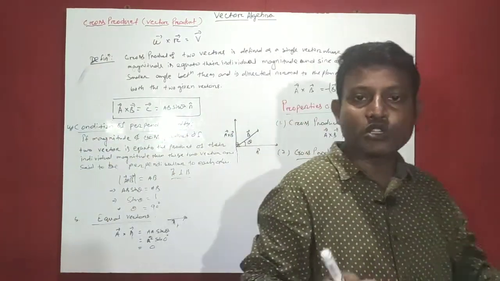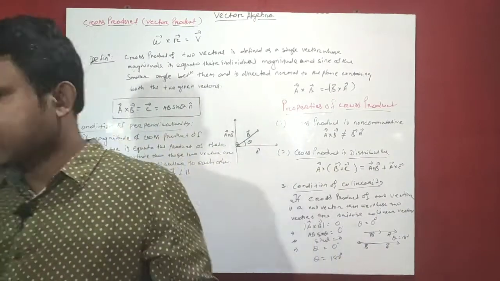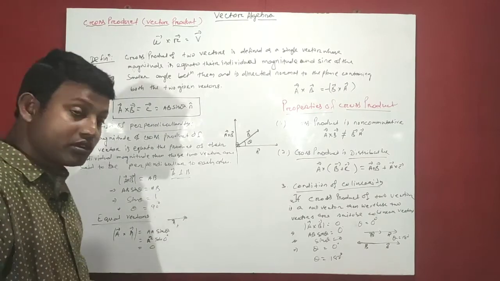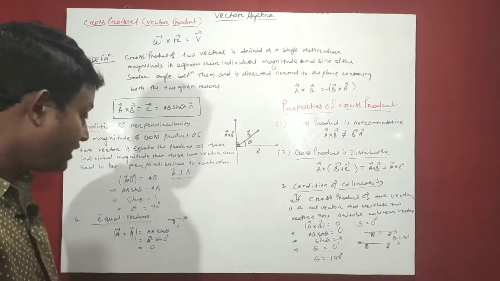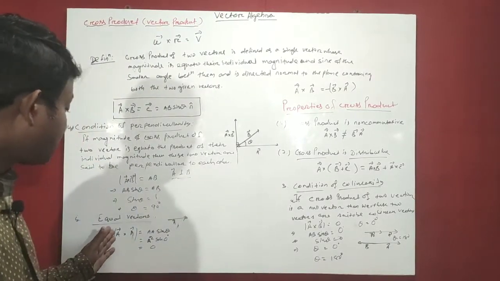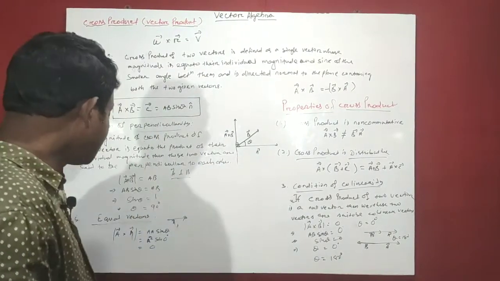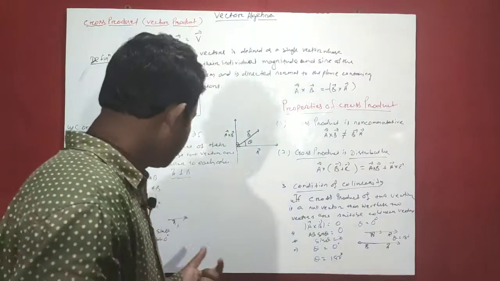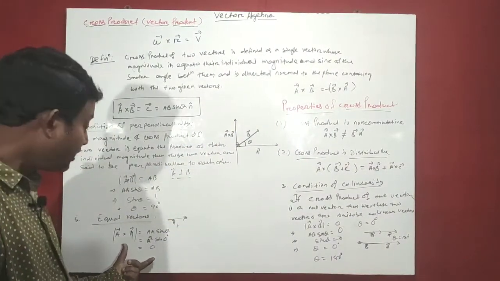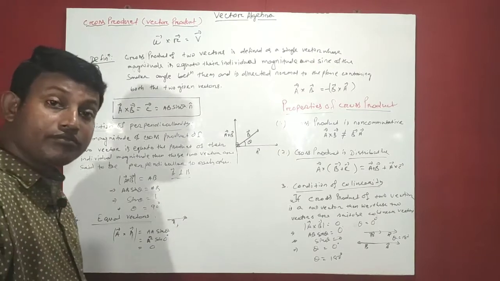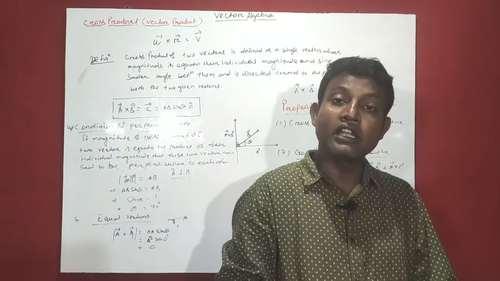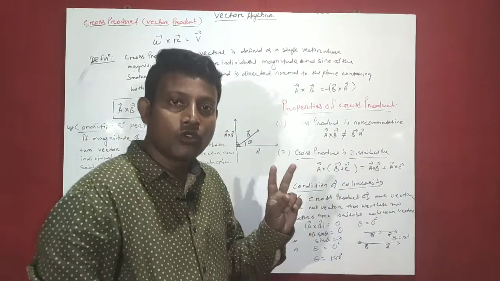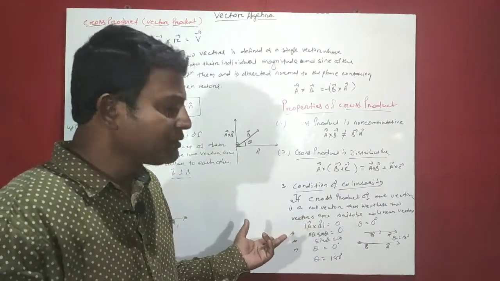That means the magnitude of the cross product of two equal vectors is equal to 0, or you may say the zero vector. But these are also collinear. But every collinear vector is not an equal vector. If we take the cross product of any two collinear vectors, it gives 0.